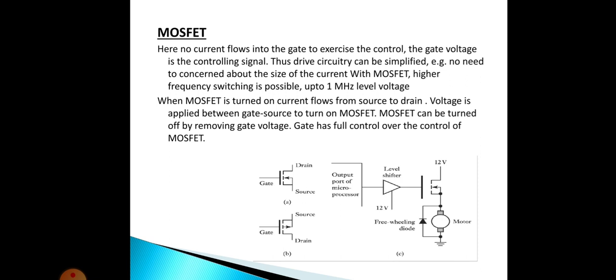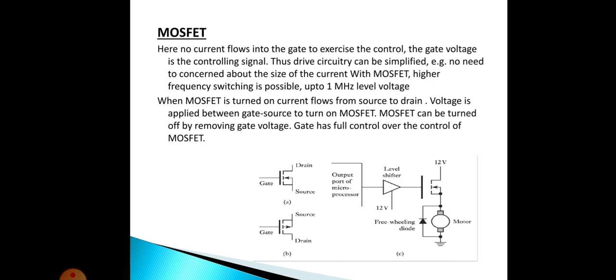That is the signal you are giving at the gate. The gate has full control over the MOSFET. A level shifter buffer is required to raise the voltage level at which the MOSFET starts to activate. Interfacing is simpler than with the transistor.